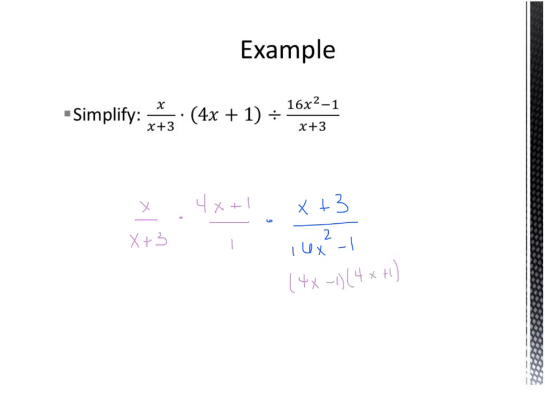And then all the way across, you're going to cross out like terms. So there's x plus 3's, 4x plus 1's, and you are left with x on top and 4x minus 1 on the bottom. All right, so there is 9-4, multiplying and dividing rational expressions, and 9-5, we're going to go on